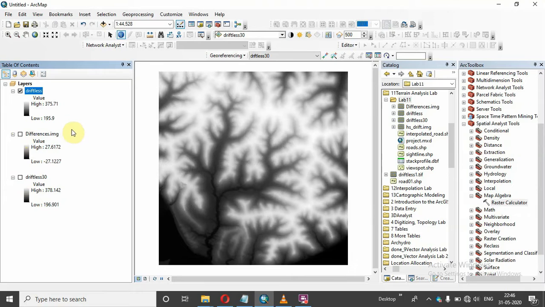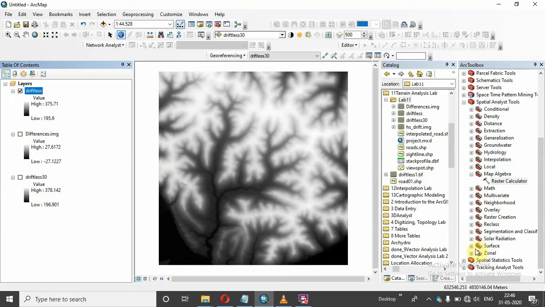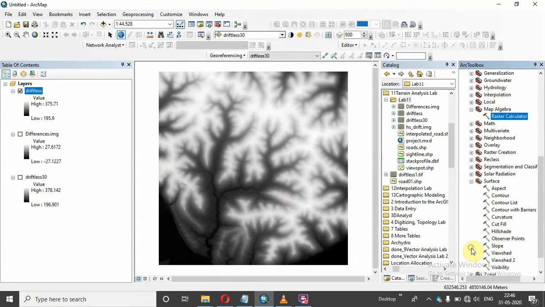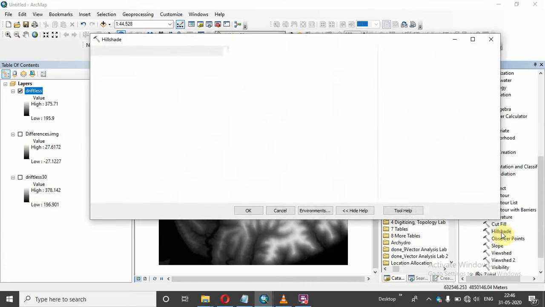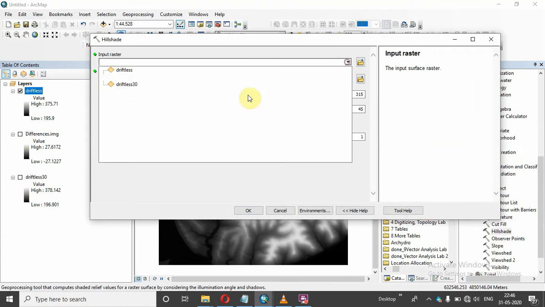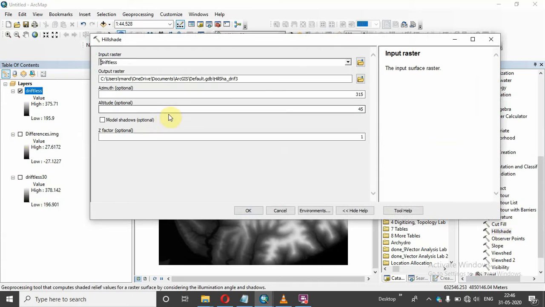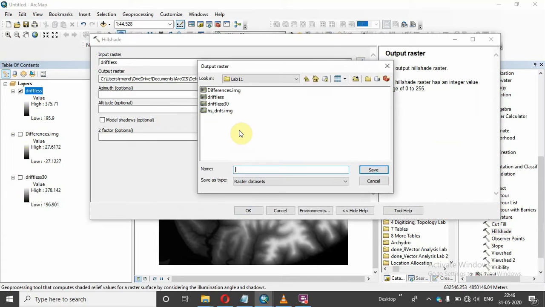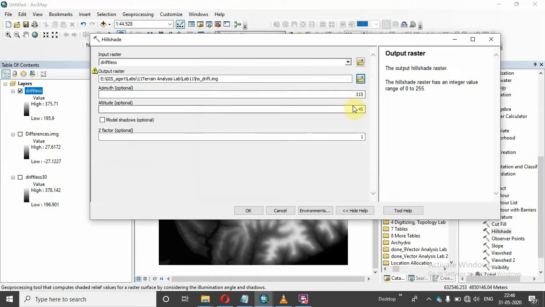After Driftless, we will do the hillshade. For that, go to Spatial Analyst Tools, then Surface, and you will get Hillshade. Here, input raster as Driftless, and give the name hs_drift.